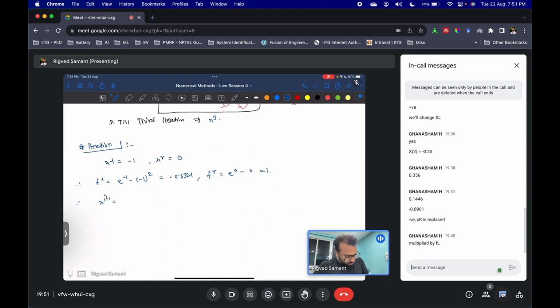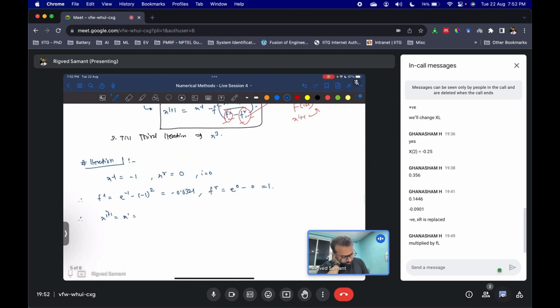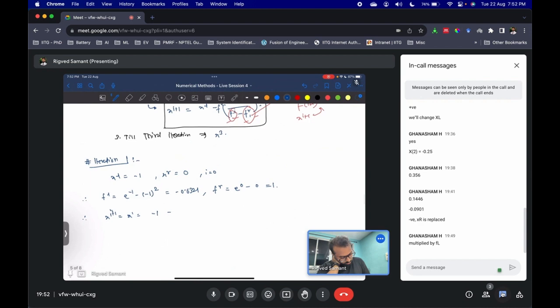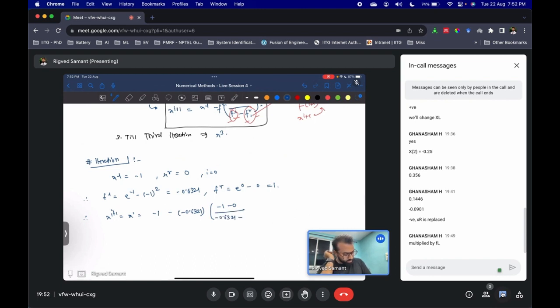So here i is equal to 0 for the first iteration. So x1 would be this thing, xL, right? xL is minus 1, minus fL, minus 0.6321 into xL, which is minus 1 minus 0, divided by minus 0.6321 minus 1,